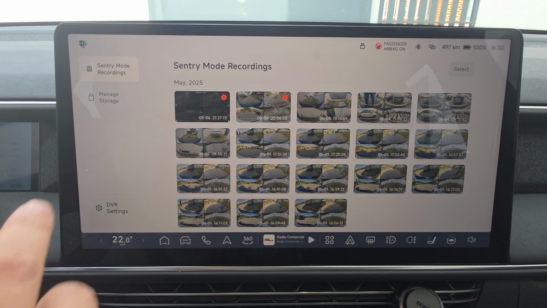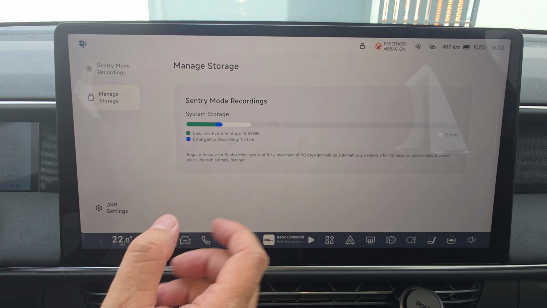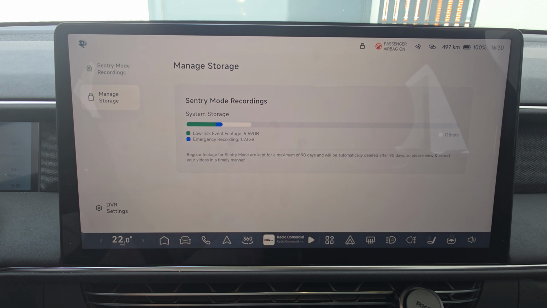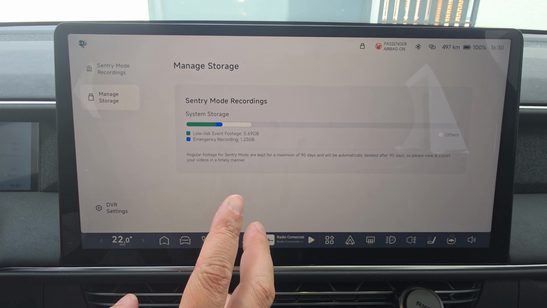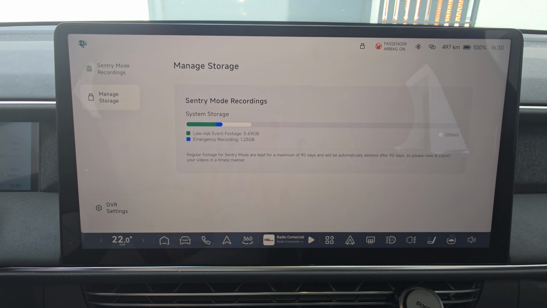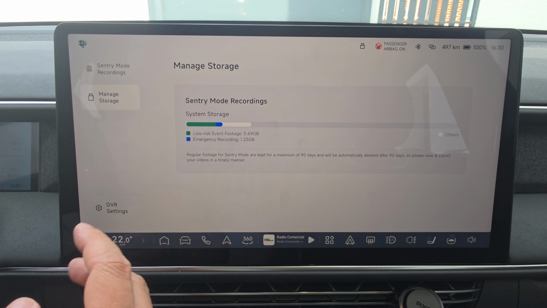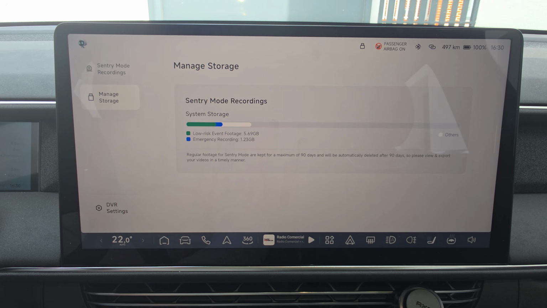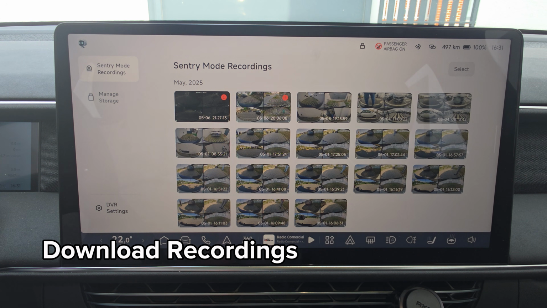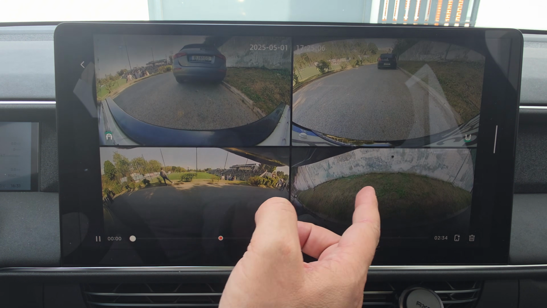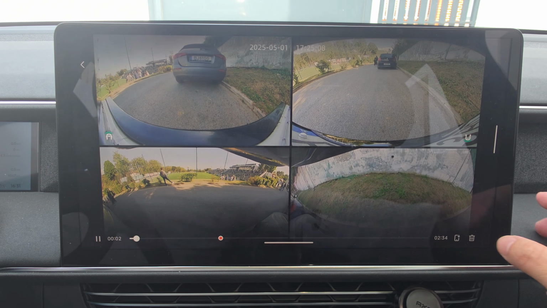Then, of course, you can manage storage. You will see that the car has some space available, and as you can see here, the recordings will be saved in the car for 90 days. As soon as the 90 days are reached, they will be automatically deleted and new events will be recorded. To download to your mobile app, in one of the videos, for instance, click here